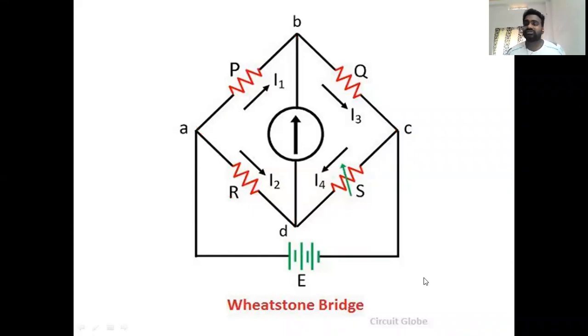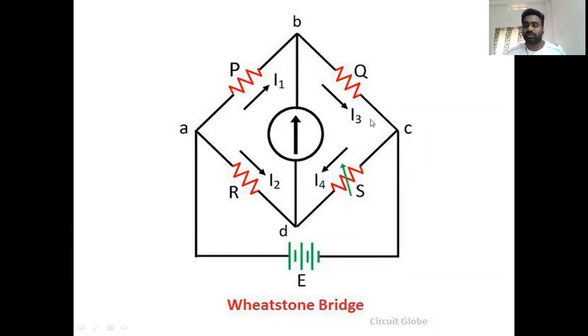What is a bridge? A bridge is nothing but a comparative segregation of four arms in the form of a ring. We constructed the bridge in the form of a ring with the help of a four-arm structure. A to B is one branch or one arm, A to D is one branch or one arm, C to D is one branch or one arm, and B to C is one branch or one arm.